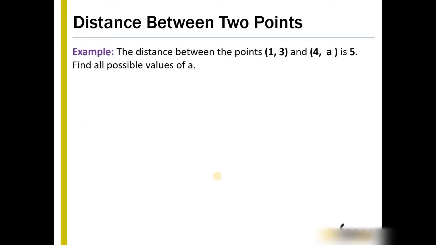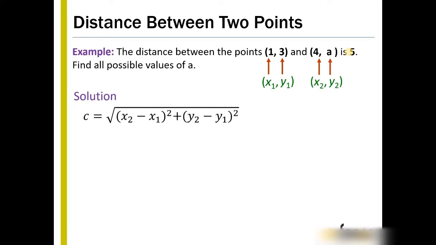Example. The distance between the points (1, 3) and (4, a) is 5. Find all the possible values of a. So again, this is the point (x1, y1), and this is the point (x2, y2), and 5 is the distance. So if we use the distance formula, c is the square root of (x2 minus x1) squared plus (y2 minus y1) squared, then x2 minus x1 is 4 minus 1, and y2 minus y1 is a minus 3,